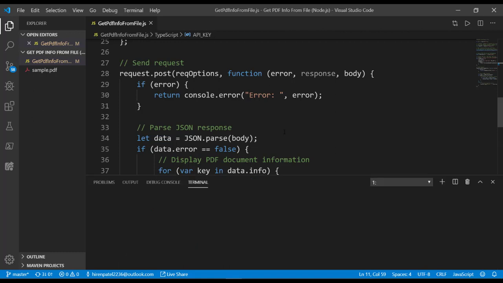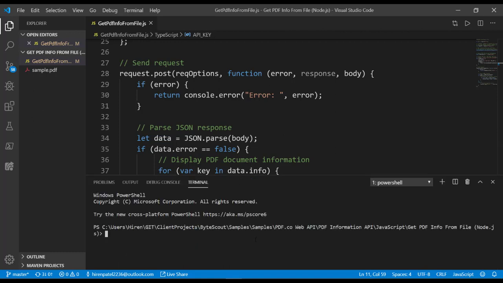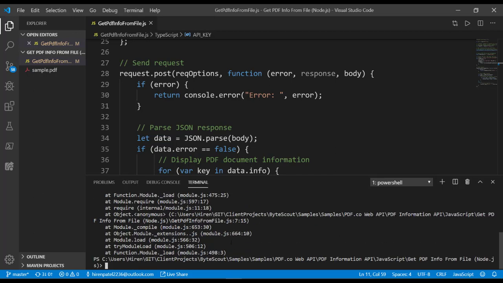So okay, I have fired up the terminal. I am getting the command ready, node file name. Let's see. Oh, so basically we will need to install the required modules. So I'm doing that.